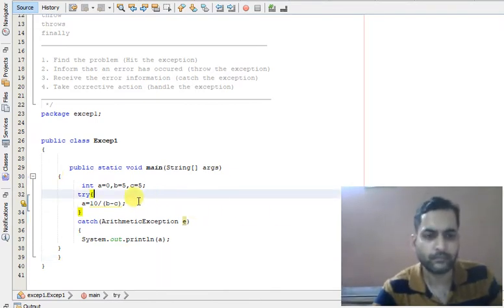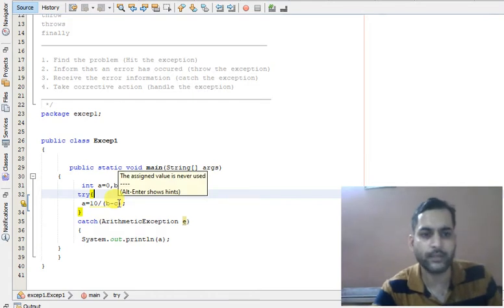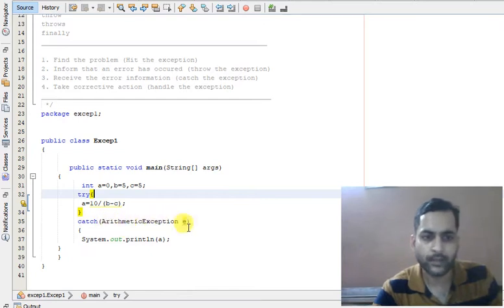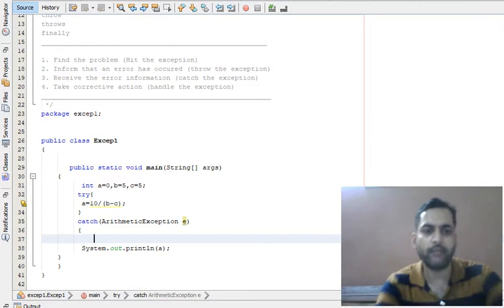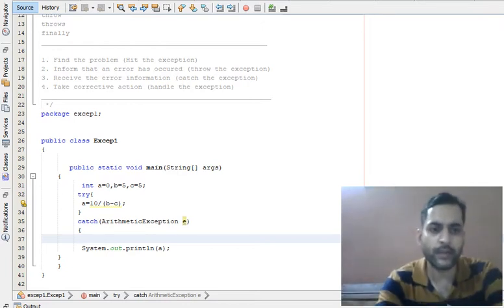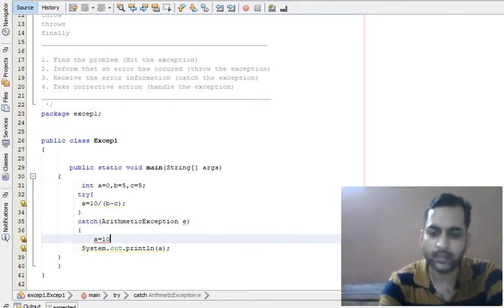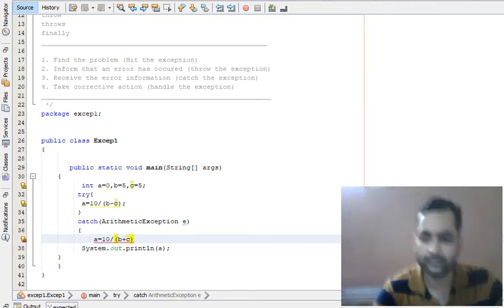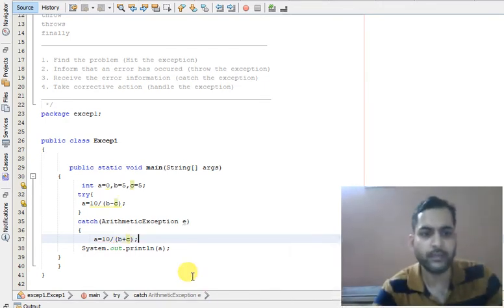Okay, so what will happen? This line will produce an exception, and it will be caught by this catch block, and here we can take the corrective action. So in place of b minus c, we can do a is equal to 10 upon b plus c, and then print the value of a.